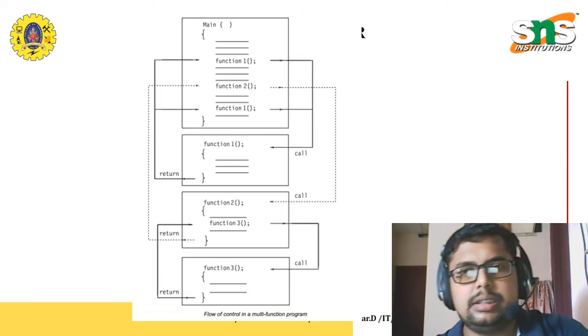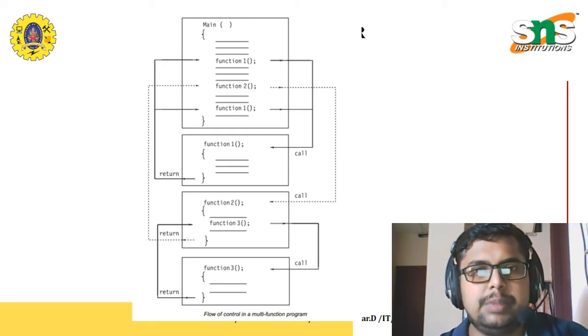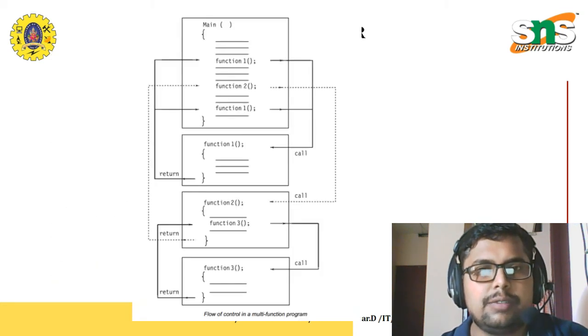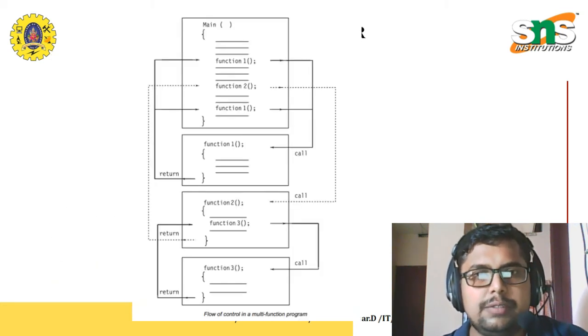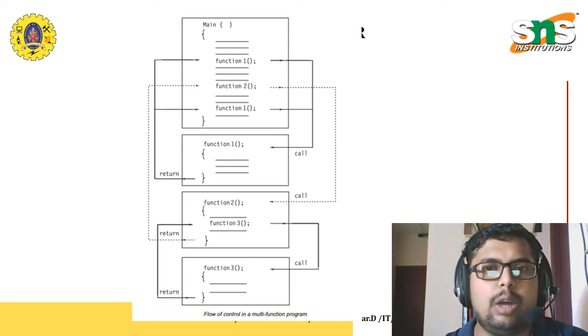Next, this diagram shows that there's a main program. The main function consists of numerous statements, and it has a function one. When function one is called, the calling function, that is add of a comma b, is there. Similarly, this function one is a calling function. The calling function calls the called function, and the called function is located outside of the main